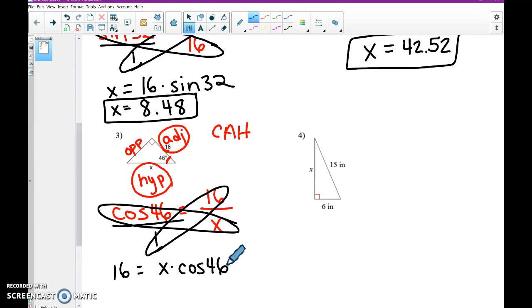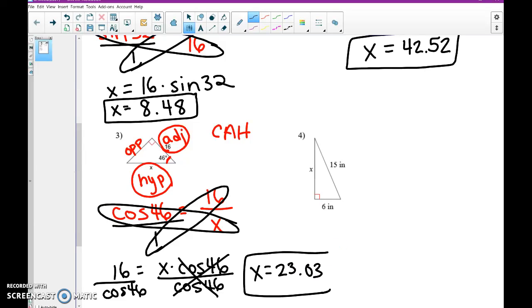Those of you that get confused as knowing what your equation should be, you always set it up based on SOHCAHTOA. And you always are cross-multiplying with these types of problems. That's how you know what should go where. You circle and you look at what's in the same group. X is being multiplied by cosine 46. Well, what's the opposite of multiplying? Dividing. So I'm going to divide both sides by cosine 46. It's going to get rid of it over here, which means I now have X by itself like I wanted. And if I type in 16 divided by cosine 46, I get